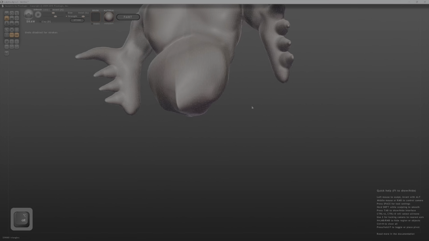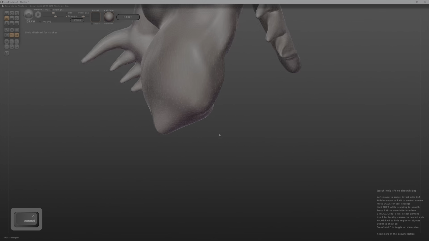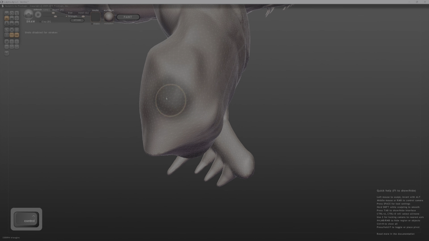So going down here and clear any masks I might have. I think I just did. Hold down Control, mask out where I'm going to pull the legs out from. And masking again, if I needed to actually do a mask brush, it's M. There you go, and there's a detail on the mask. Then it's got X to invert. There we go, so I'm masking off